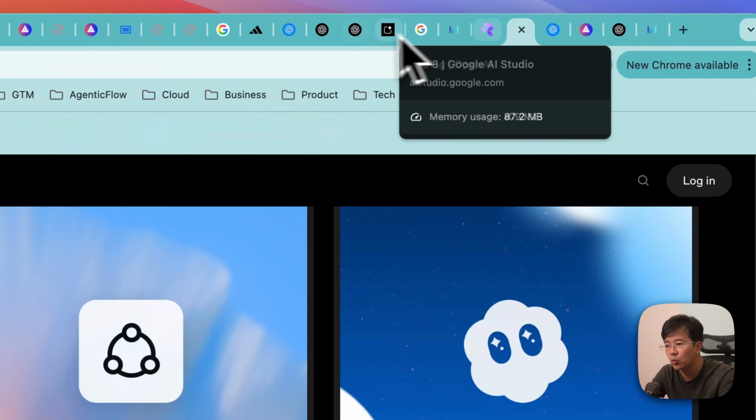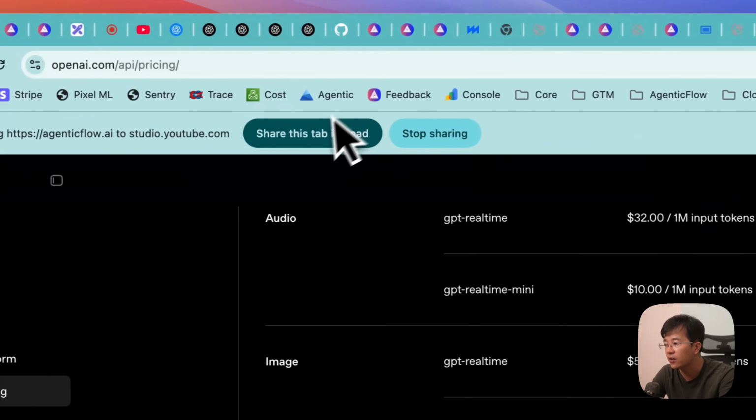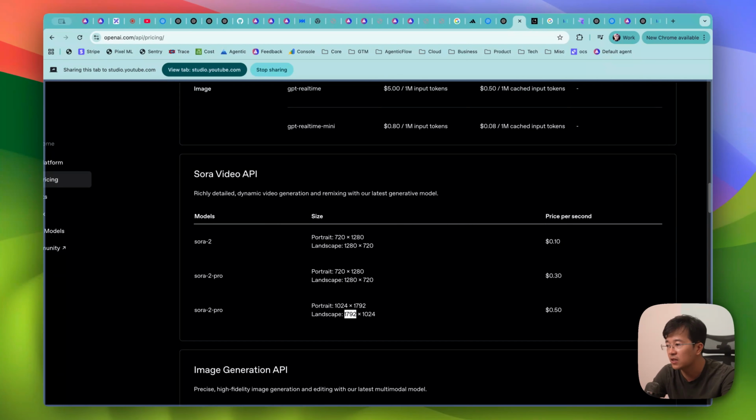For the Sora cookbook, where is it? Yeah, okay. So for example, Sora, even with the highest model, can only do 1792. They cannot go even higher to 1920 by 1080. And they are also freaking expensive. It's like 5 times more expensive than the Seedance model. So if I am going to invest into video generation, and cost is a strong factor, then I'm going to go with the Seedance model. Okay.